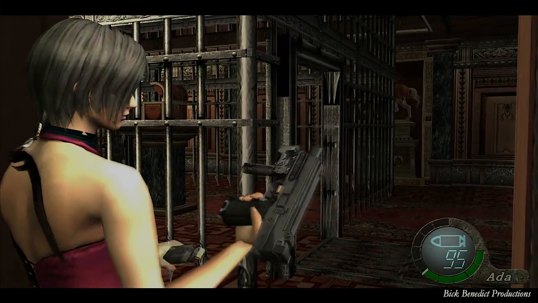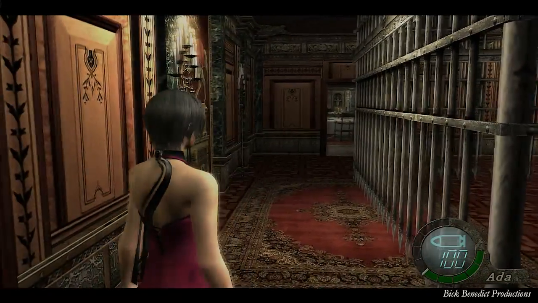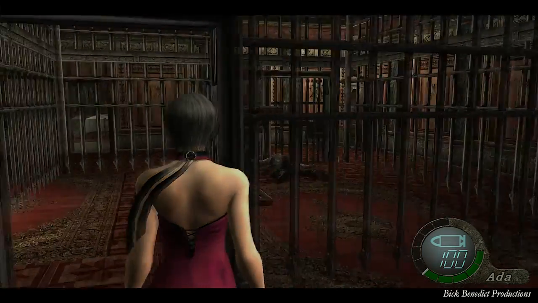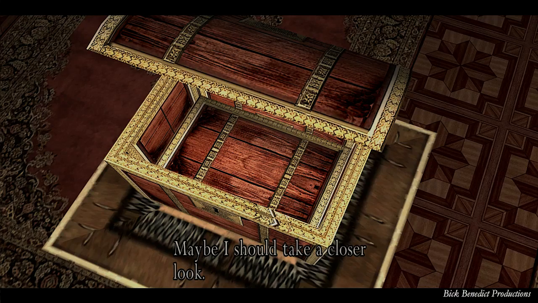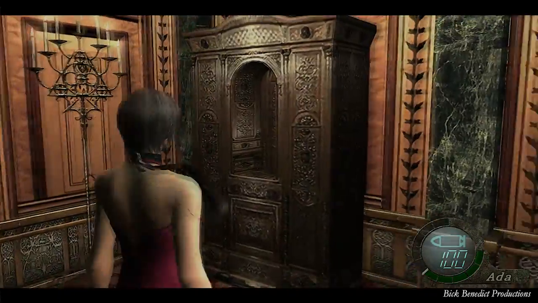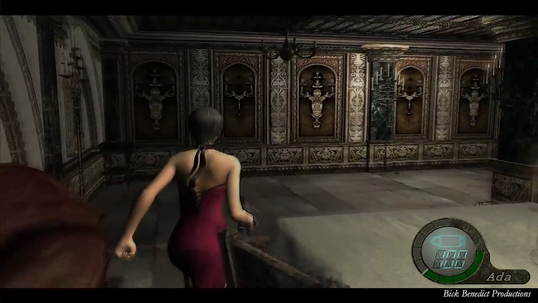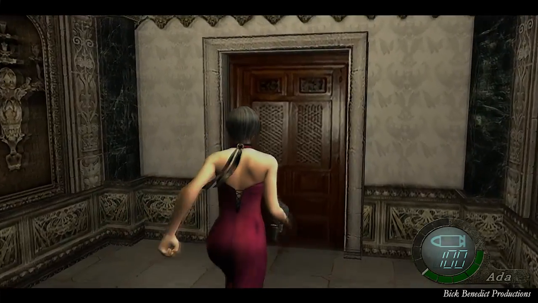See, in the context of the story, Leon's already been through here. That's why the chest in the center of the cage is open. So adding a layer to the story, having us go back somewhere relevant, like I said, it's an economical way of doing things, but it's also slightly innovative, and I think that's a good balance, especially for